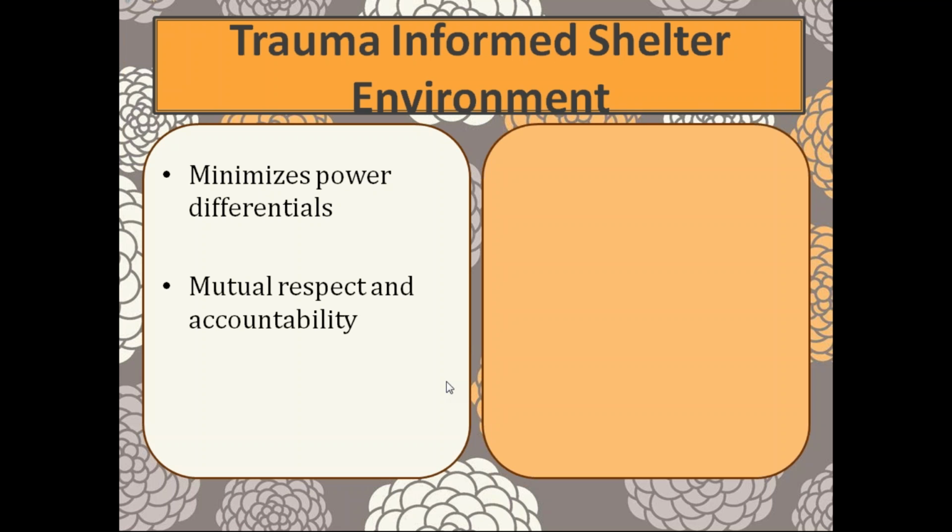So we not only want the survivors to be accountable for their actions within shelter, and we not only want the survivors to be respectful of staff and of each other, but we want also the advocates to be accountable for their actions. And so when we promise a resource or we promise to do something for a survivor, to look into something or to make a phone call or to find them a resource or to meet with them on a certain day, that we are accountable and we are following through with what we say,